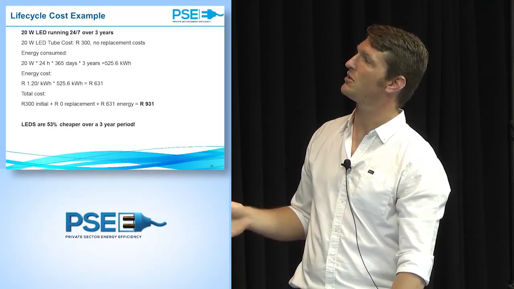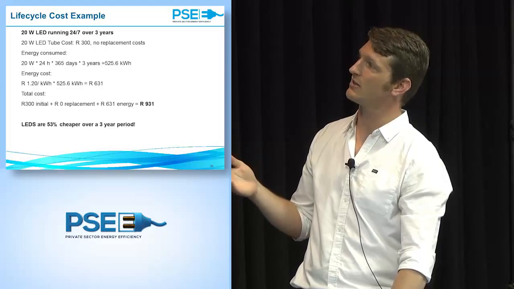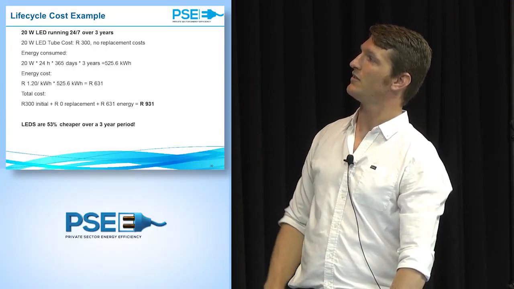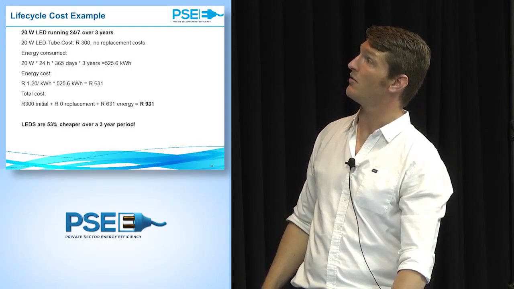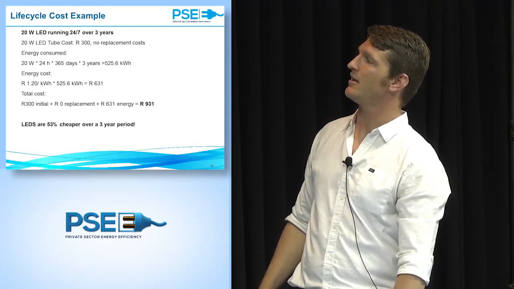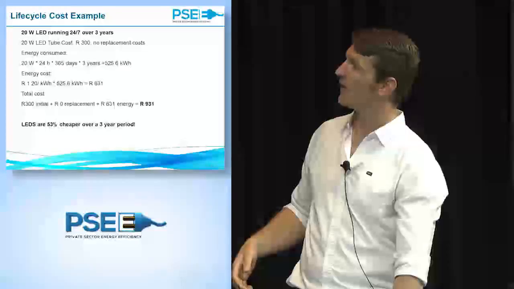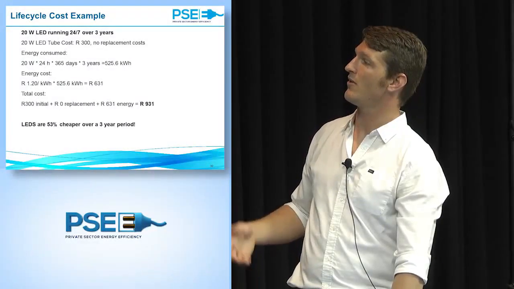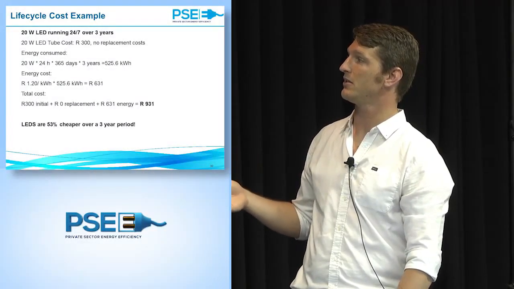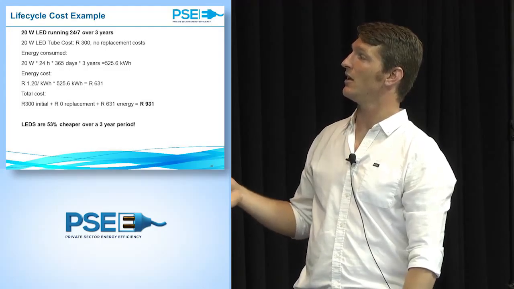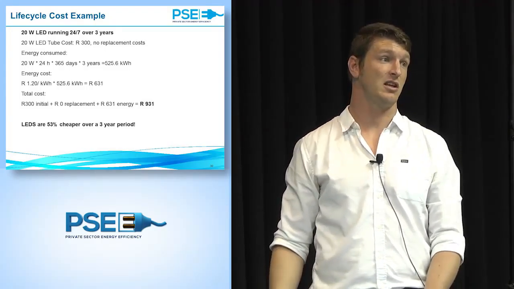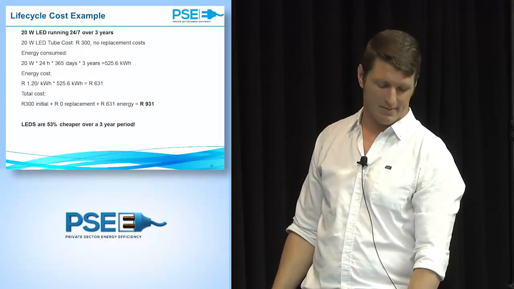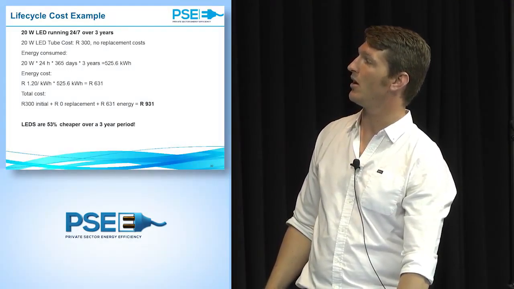And the energy consumed is 20 watt times 24 hours times 365 days times 3 years, which gives you 525 kilowatt hours per year over the 3-year period. And the energy cost is 630 Rand. The total cost is 300 Rand initial capital plus 0 replacement plus 631 Rand energy. So we're sitting at 931 Rand for the total cost over a 3-year period,